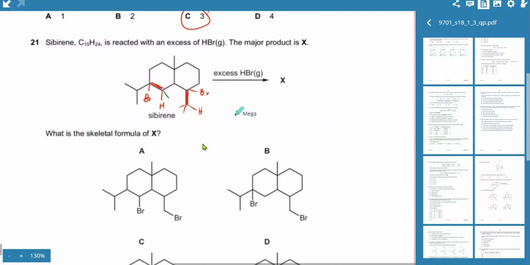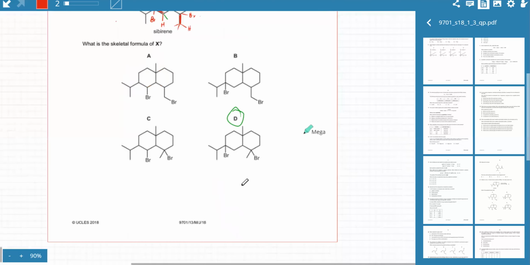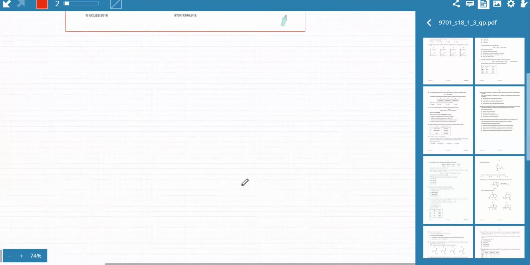So this is the major product, and the correct option is going to be this one. Not this one. I think this one. The Br has to go over there, so it's going to be D. D is going to be your correct option because if you look carefully, this is the same molecule I've drawn. The Br is attached to this carbon atom, and the other Br is attached to this carbon atom, followed by CH3. So it's going to be D. Is this clear? Ethan, Mohammed, is this clear?